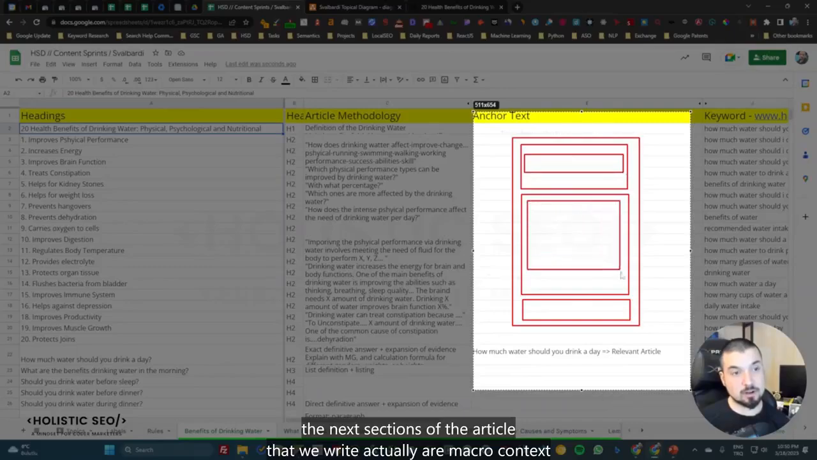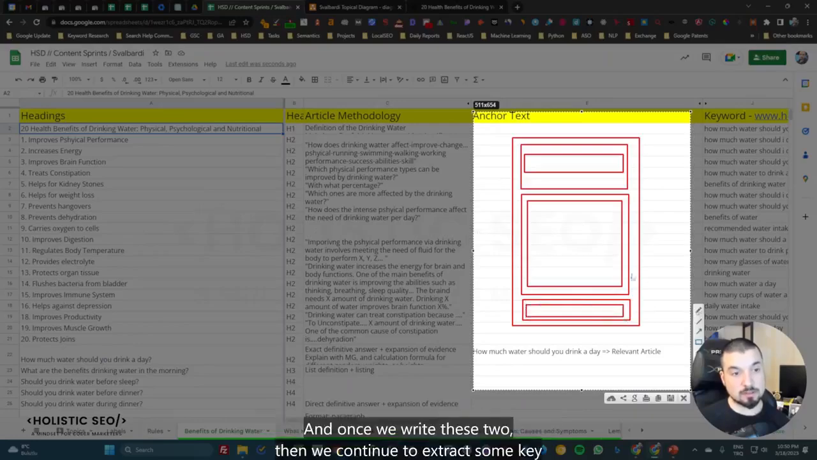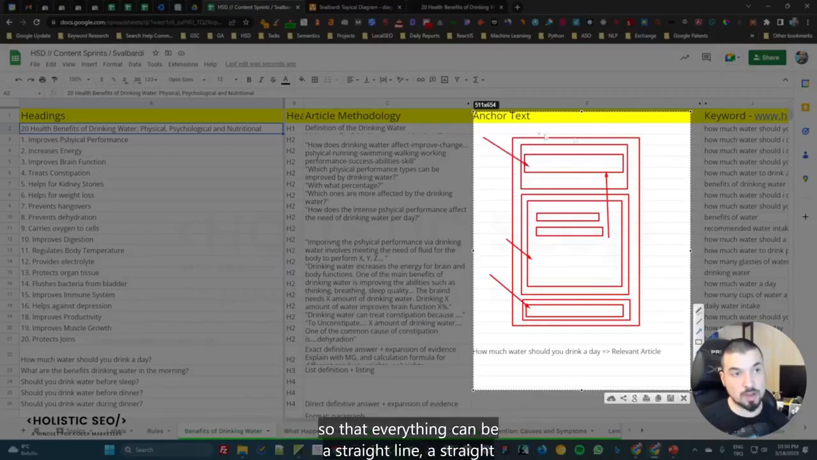Then we write our macro context and also, let's say, the supplementary section, which is the micro context part. Once we write these two, we continue to extract some key points and move them to the general summary part. If you see that there is a discordance between these sections, we continue to configure them further so that everything can be a straight line